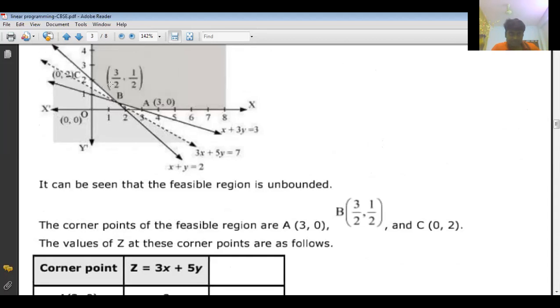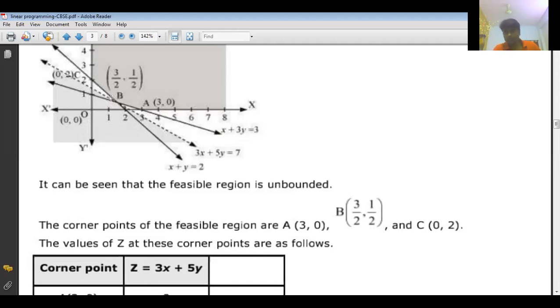See, 3x plus 5y. What is 3x plus 5y? Objective function. 3x plus 5y less than 7 graph we need to take. 3x plus 5y is the objective function, less than that minimum value 7. Below 7, is there any other value that we have to check? But if you observe in this graph, there is no point in common for both the regions. We are going to check whether 7 is the minimum value or any other value in this region.